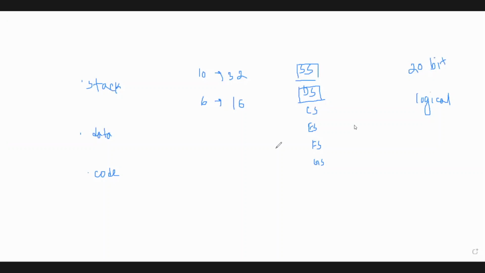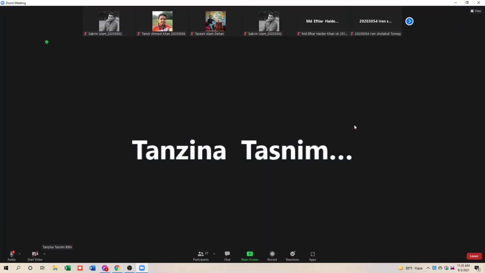If we are using physical address, the address of stack segment, data segment, or code segment can be stored in the memory location. And for each memory location, there is a 20-bit physical address for 8086 processor, or 32-bit address for Pentium processor. But here we will store the addresses in segment registers, and the segment registers are 16-bit. That's why we'll not use physical address, we'll use logical address, okay? And the next point is